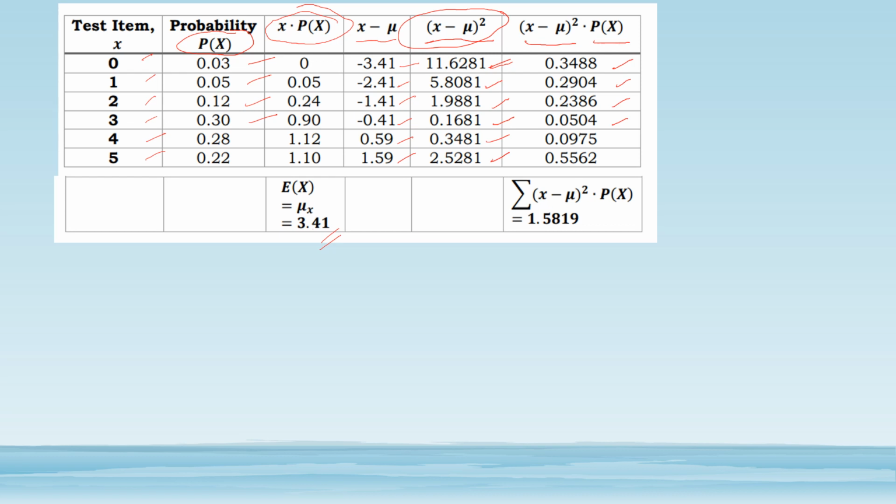And 0.3481 times 0.28 is 0.0975. 2.5281 times 0.22 is equal to